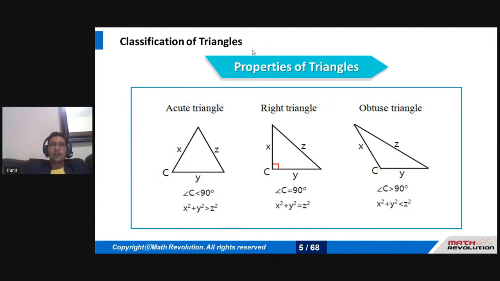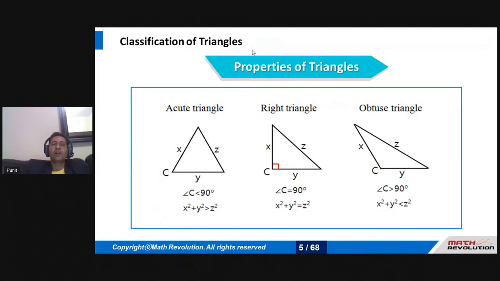Pythagoras has been mapped into our mind in such a way that, even at 2 a.m., if someone wakes me up, I can easily apply the Pythagoras theorem. But we rarely follow the same Pythagoras theorem for acute and obtuse triangles. We always go ahead with the equal Pythagorean theorem for right angle triangles. So if it's a 90-degree triangle, then we always say that hypotenuse squared would be equal to the sum of perpendicular squared plus base squared, or opposite side squared plus adjacent side squared is equal to hypotenuse squared.